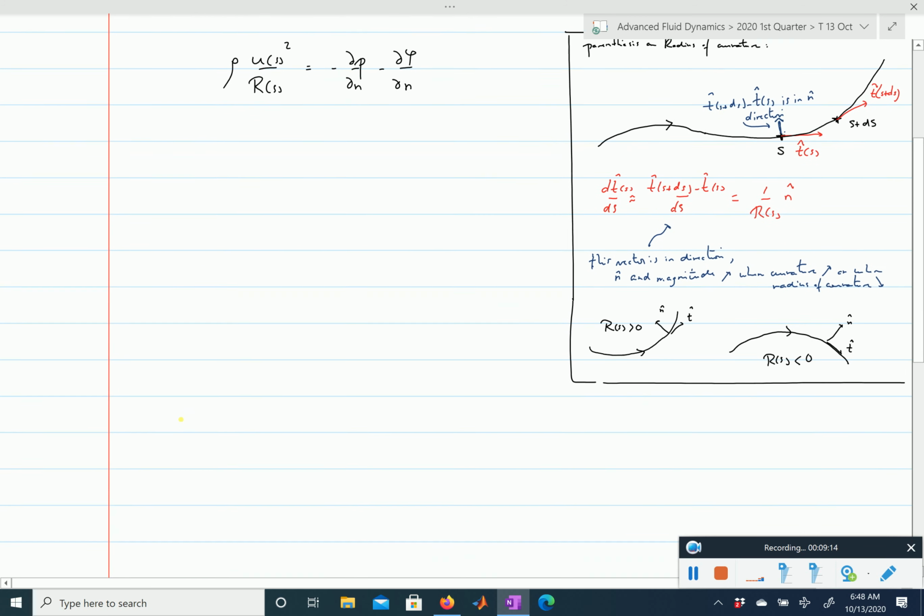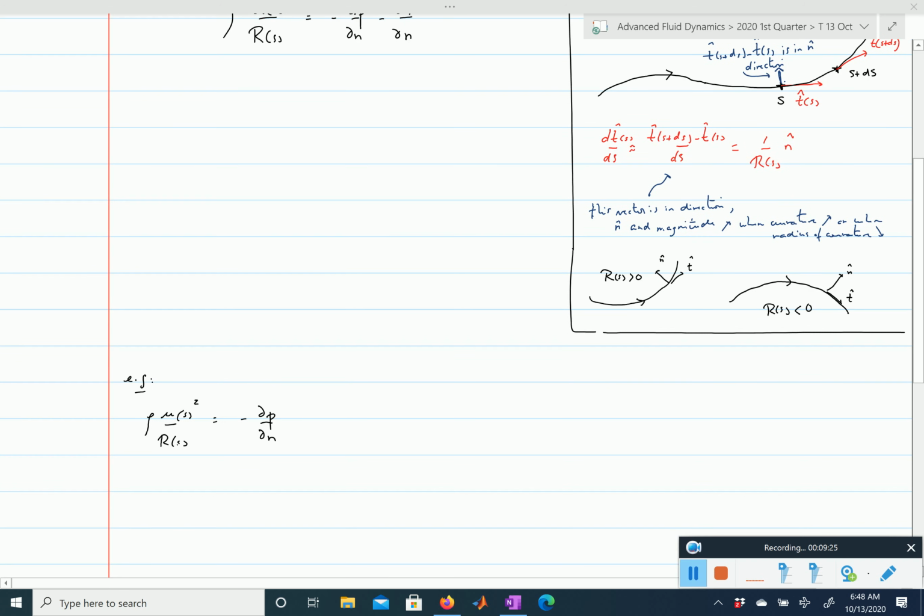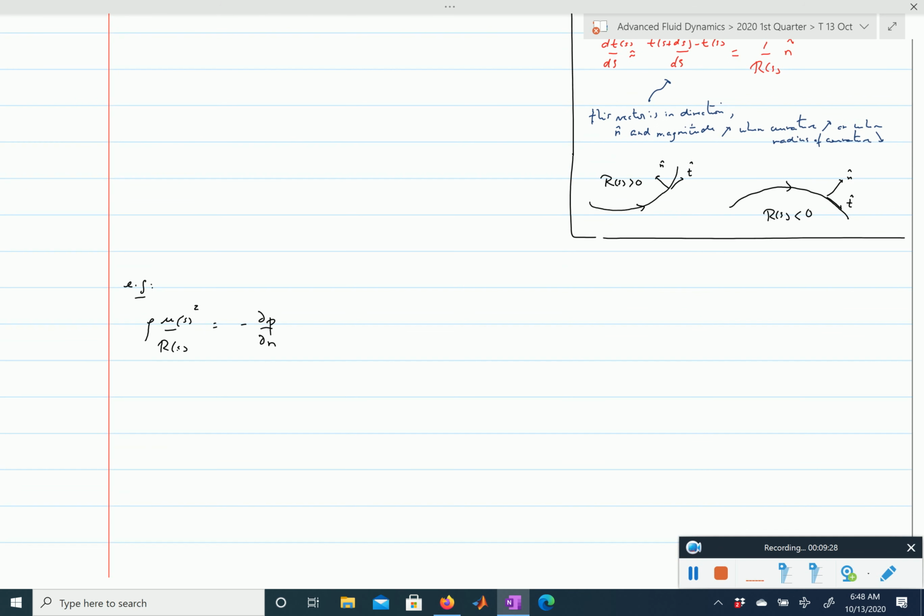So what do we learn from this equation? And to discuss that, let me assume that we neglect the effect of viscosity and we simply have the inertial term and the pressure term. Okay, so let's start with a simple streamline. So we assume this is our streamline. Right, what we learn is that here our radius of curvature is positive. So this is positive, and therefore this has to be positive, and that means that partial p partial n